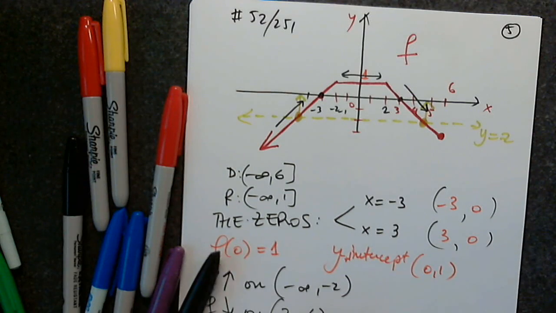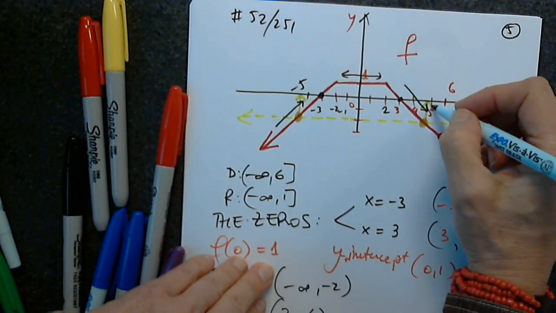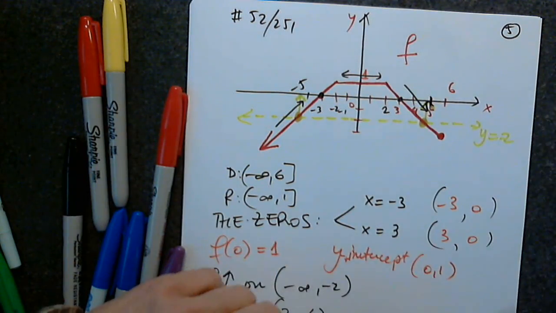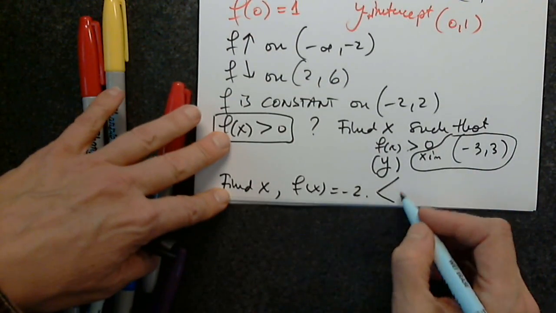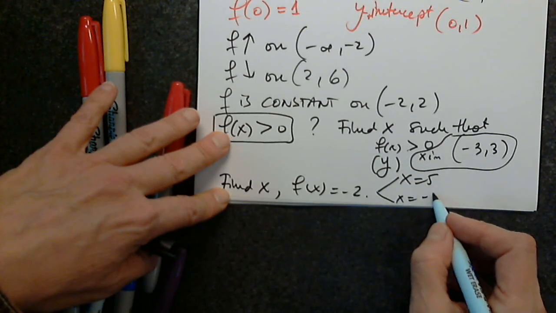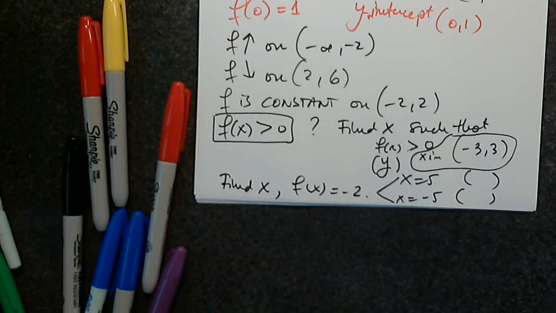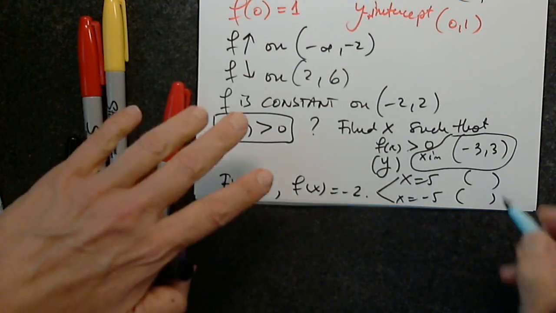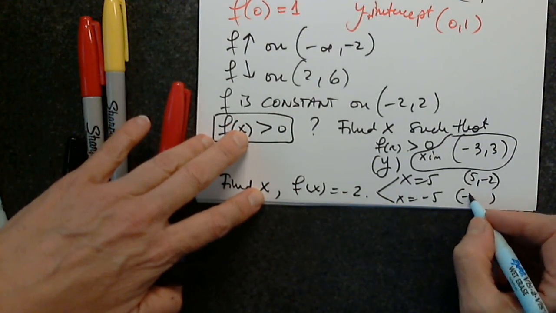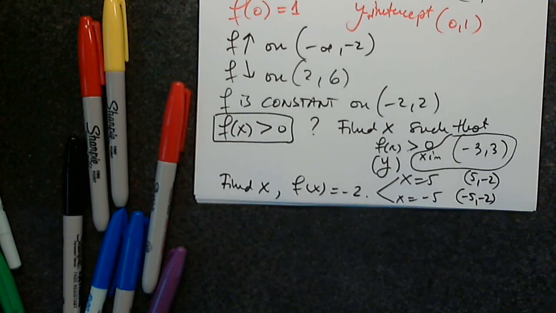And of course, you cannot read from my graph. I'm going to read them from the graph: at -2, it will be -5 and +5. So I will say x equals 5, x equals -5. And if I want to present the ordered pairs, how do I write the ordered pairs for this? 5, very good. 5 comma negative 2, negative 5 comma negative 2, because we have to present x